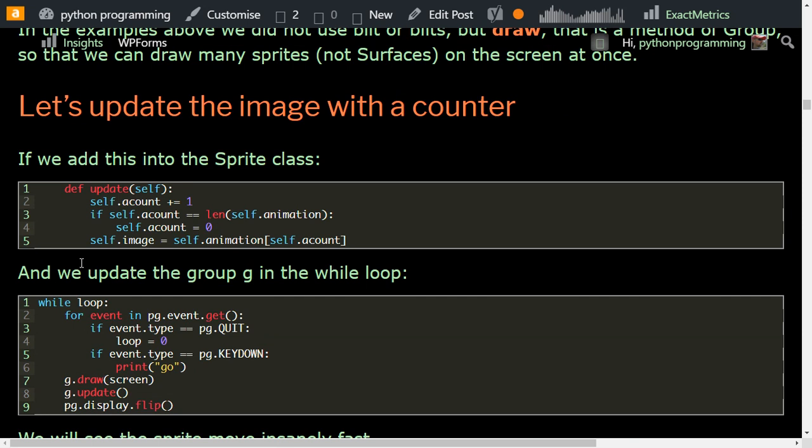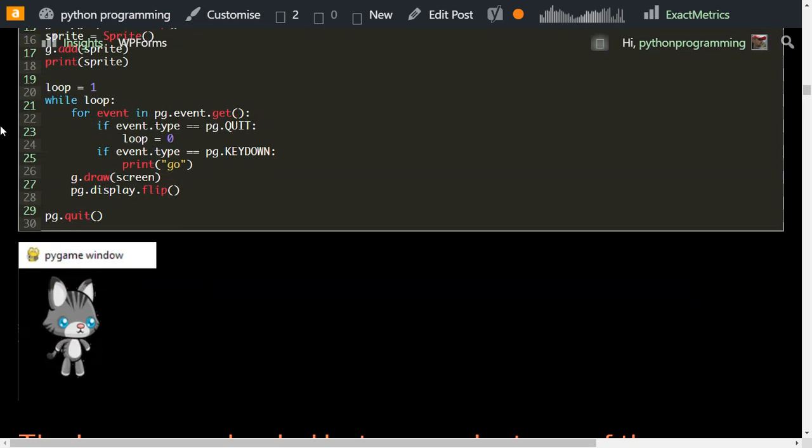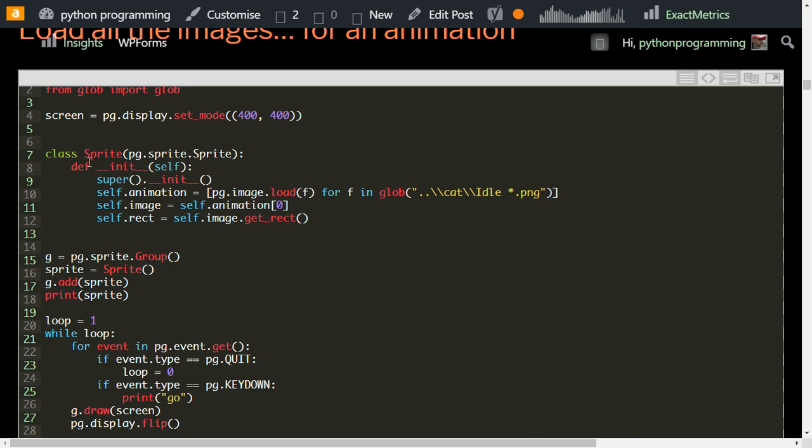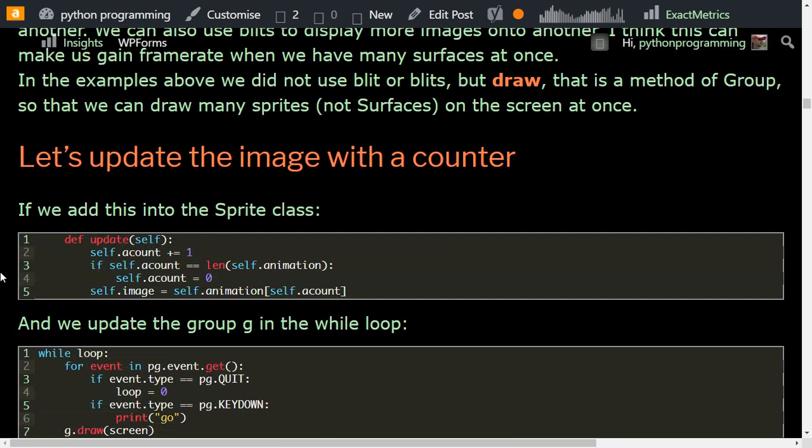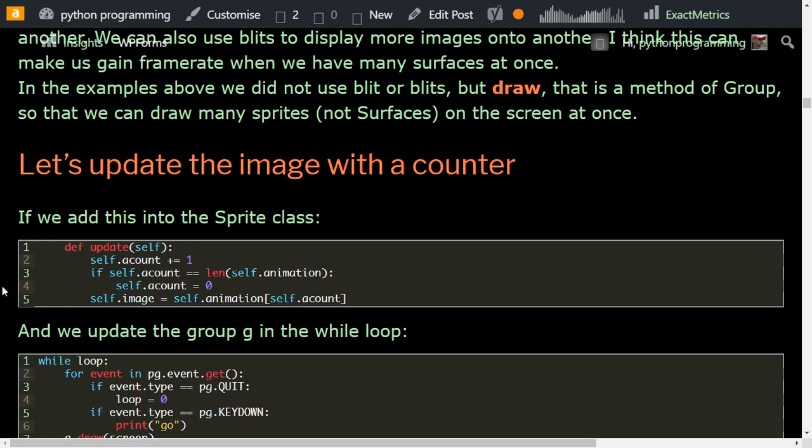So into the sprite class here, after the def init, we will add this other method that is def update, because functions inside classes are called methods, but they are just functions inside of a class. Okay, we use this self.count += 1, so we will need to put another attribute to count